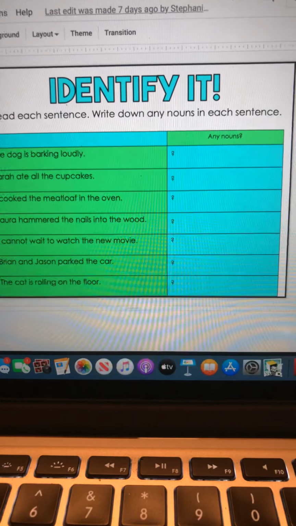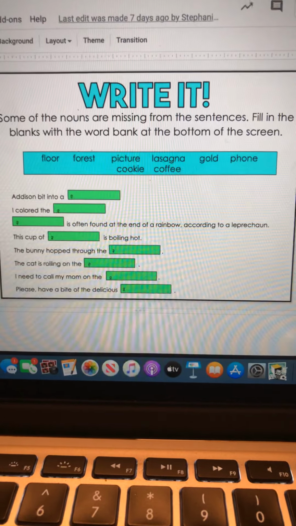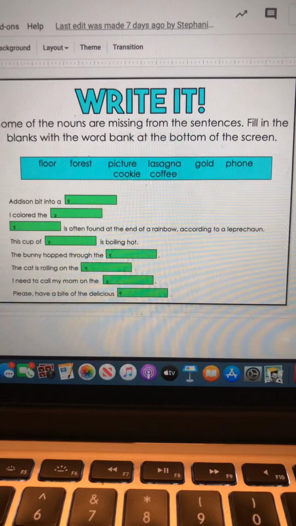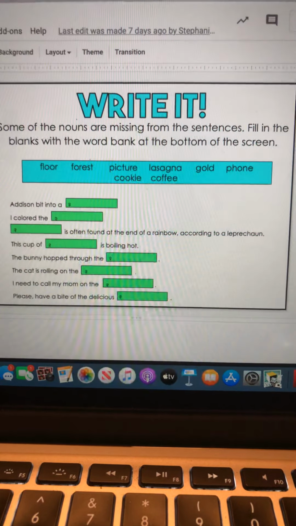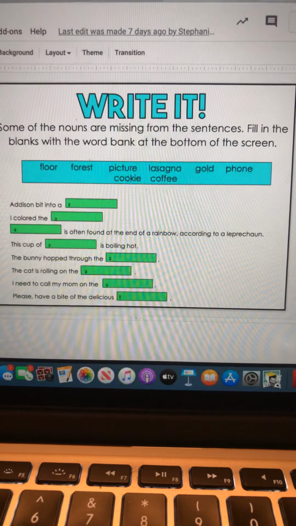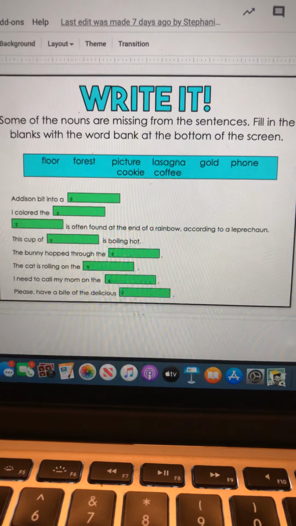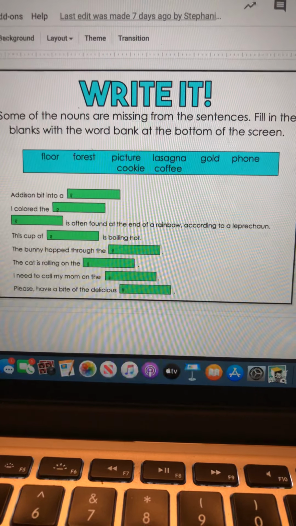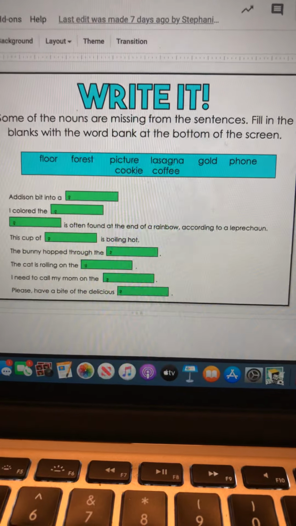All right, for the next slide, it's called Write It. Some of the nouns are missing from the sentences. Fill in the blanks with the word bank at the bottom of the screen. So at the top in the blue box, you have a word bank. And as you read each of these sentences, you have to figure out which of those words best fits into the sentence.